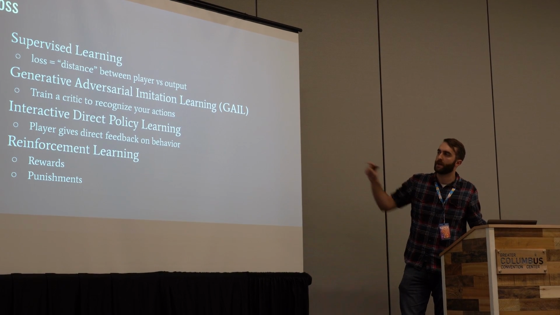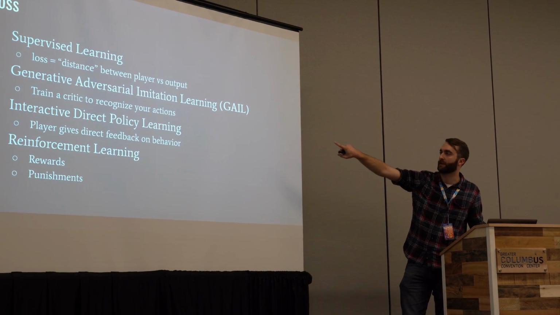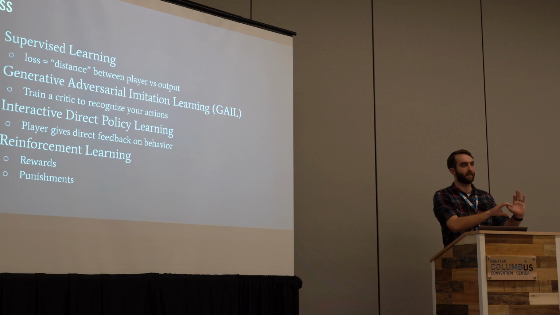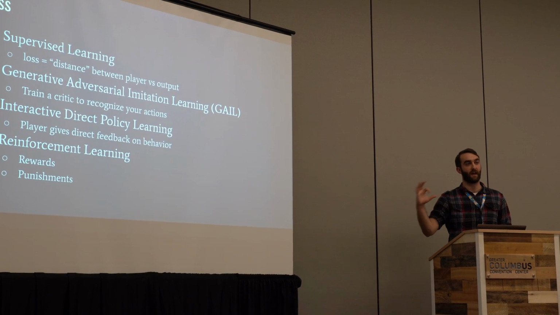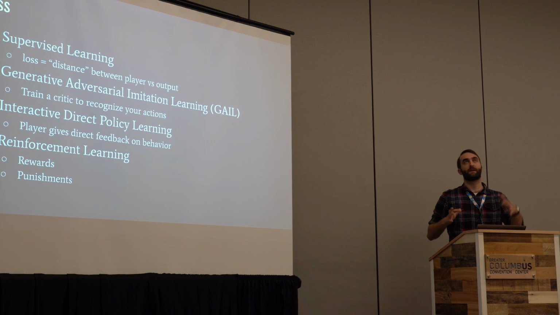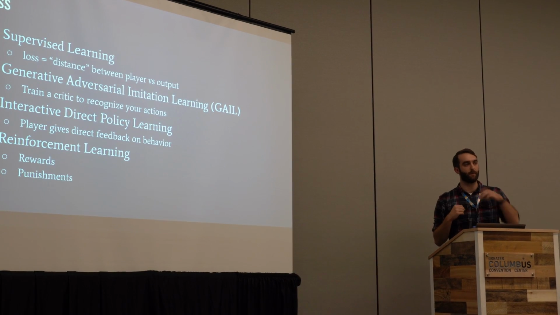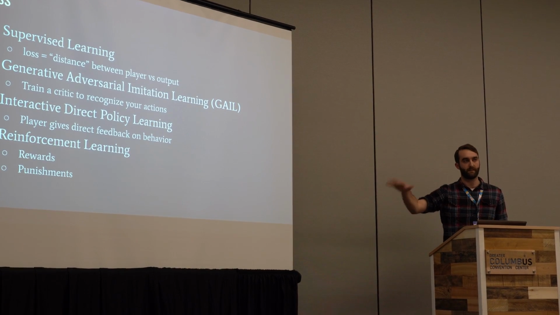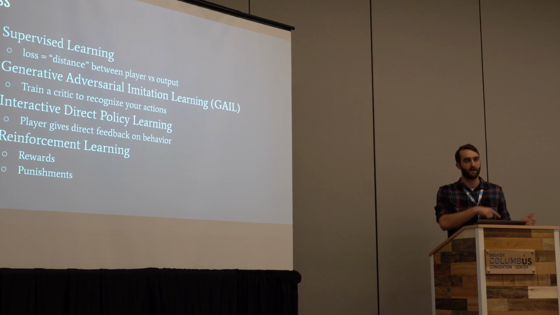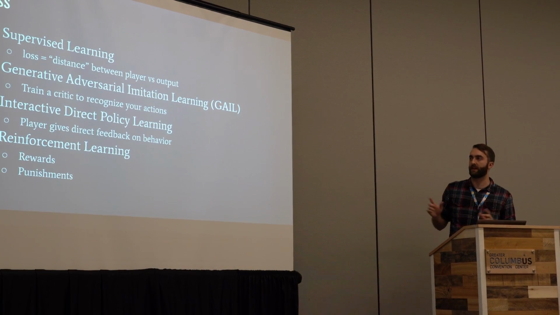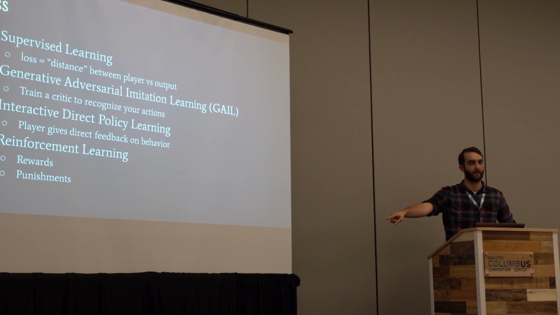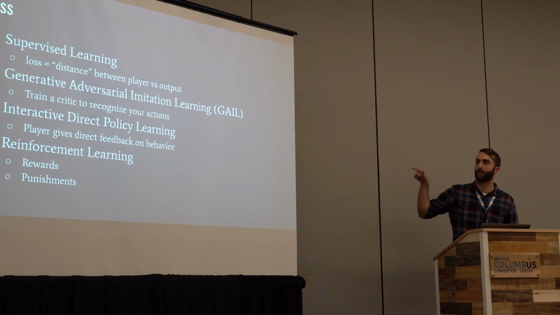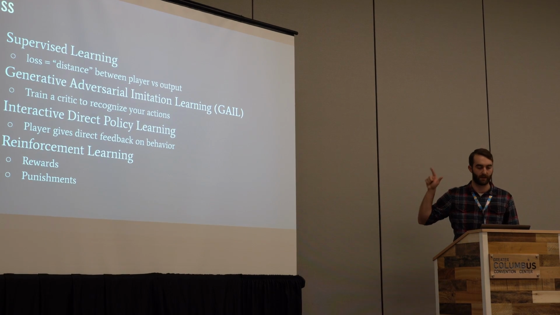So we can actually train two neural networks, which is how GAIL works. You basically train one neural network that plays the game, and you train another neural network that can tell whether the actions, so basically you feed it actions from the neural network and from you directly as a player. And then you ask that second network you trained, did these actions come from me or did they come from the robot? So it learns how to be a critic. Basically it says, that came from the neural network, that came from the human. And eventually it becomes a system to give rewards back to your gameplay network.